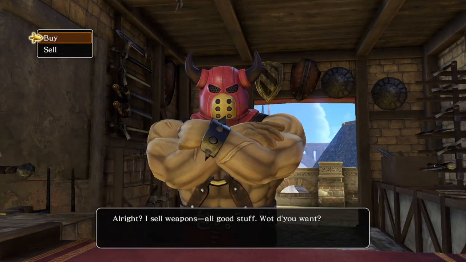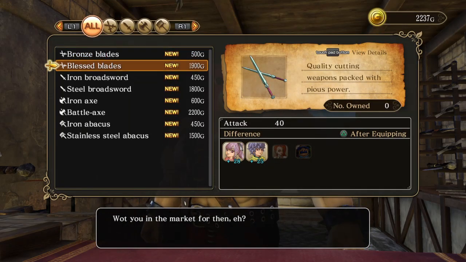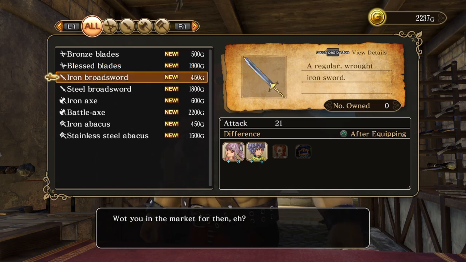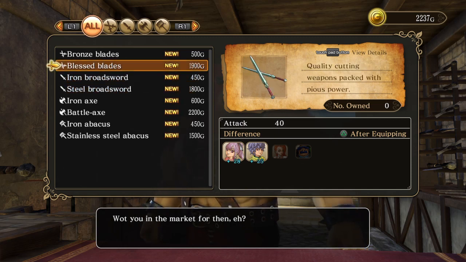Alright, I sell weapons, all good stuff. What do you want? Buy? We have like 2,000 something. This is like plus 28, plus 23, Blessed Blades